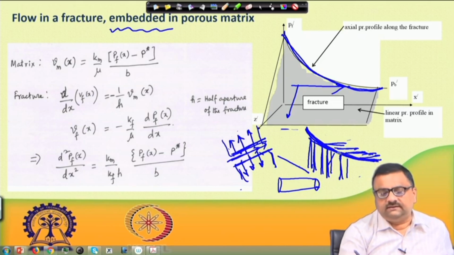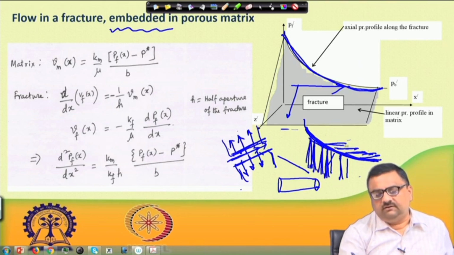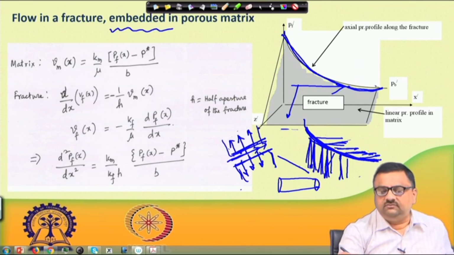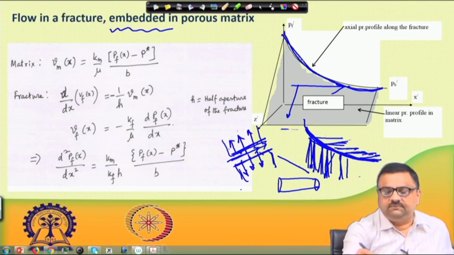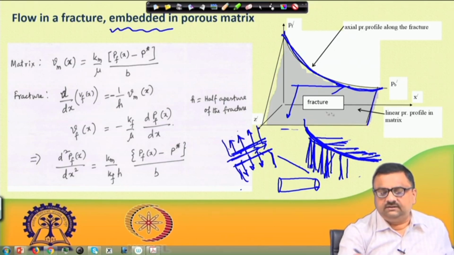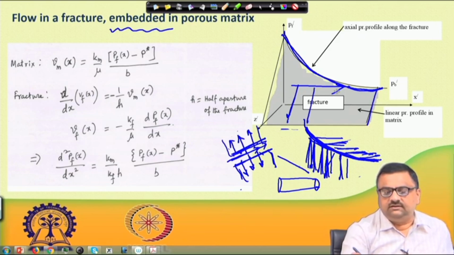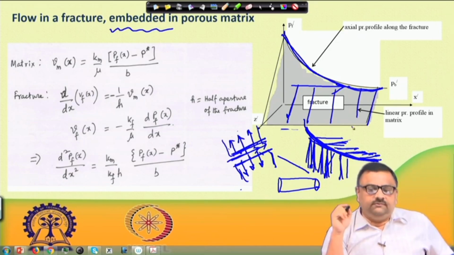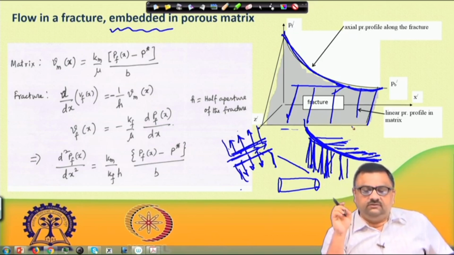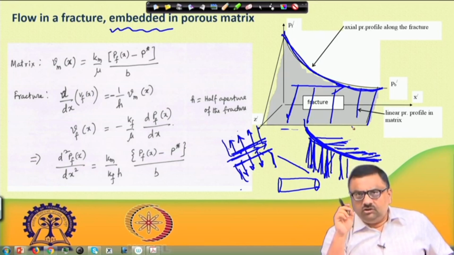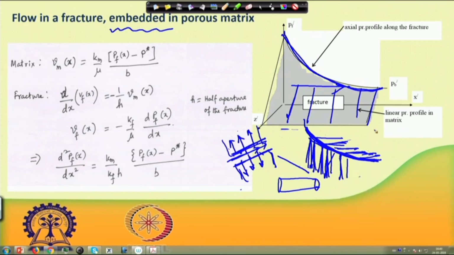So, this is the pressure profile that the fracture will follow, and this is the pressure profile that the matrix will follow. This is something I have tried to draw here: the pressure along the fracture and the pressure towards the matrix. What I will briefly do in the next lecture is quickly show how this type of two linear flows can be conceptualized. And then next we would focus on only single linear flow,